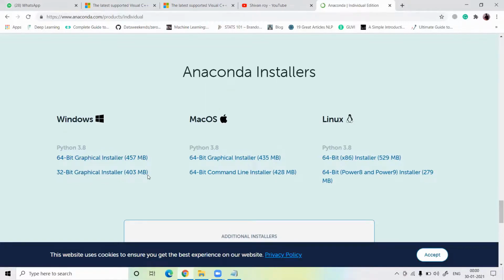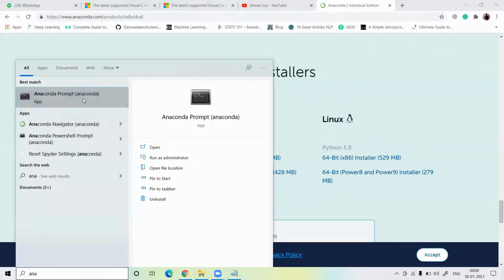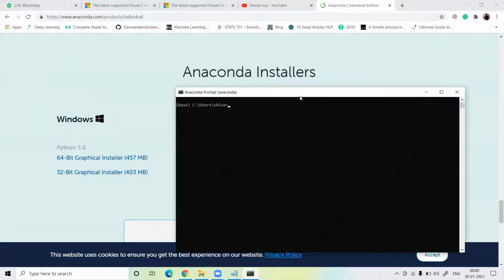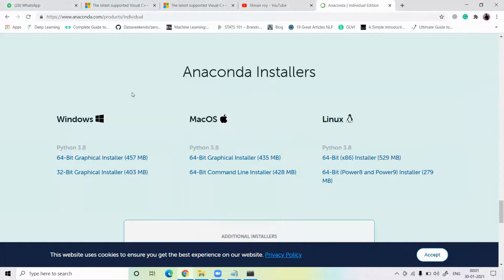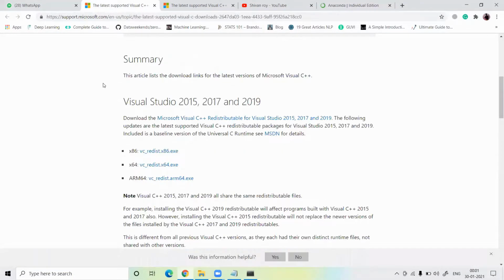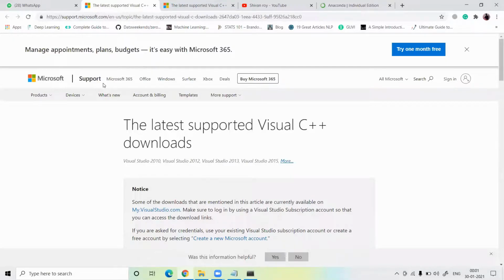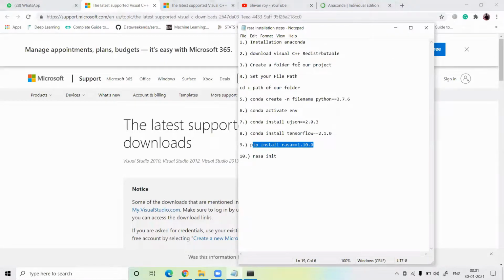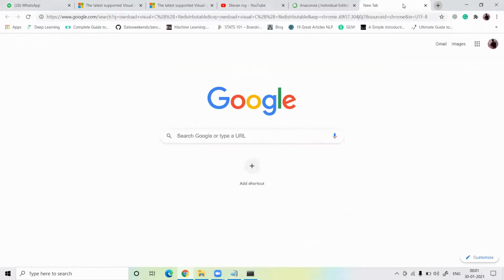So I just open my Anaconda Prompt. After downloading and installing Anaconda, you have to download one more thing, an exe file: the Visual C++ Redistributable. I'll show you where to download it.